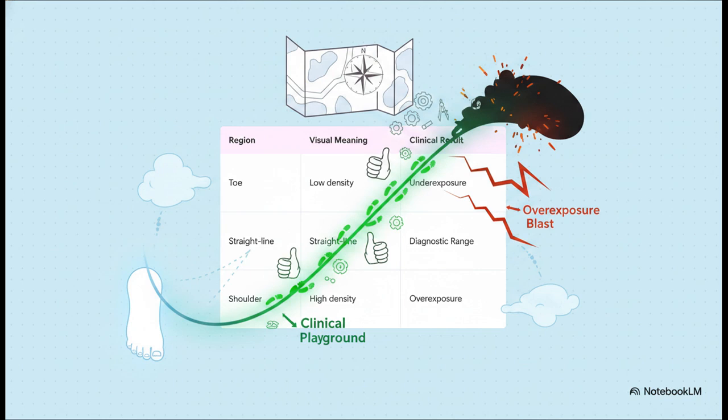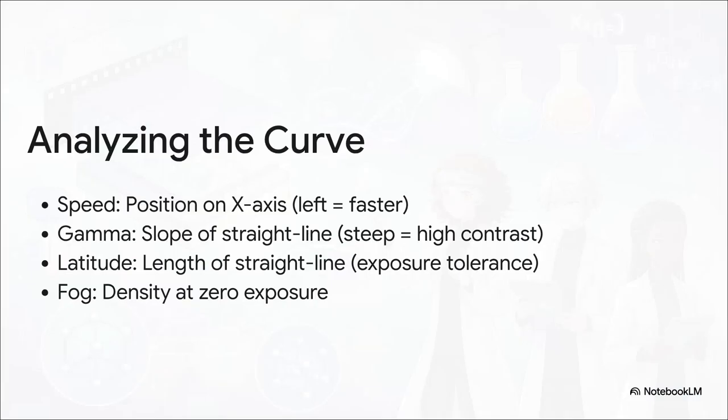But right there in the middle, that's the straight line portion. In this zone, a small change in exposure gives you a highly predictable linear change in image darkness. This straight line is our clinical playground. It's the useful diagnostic range. By analyzing these specific regions, you can instantly deduce the film's exact speed, its contrast capabilities, and your margin for